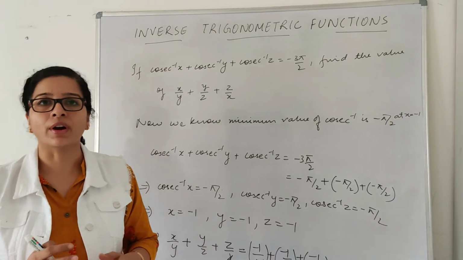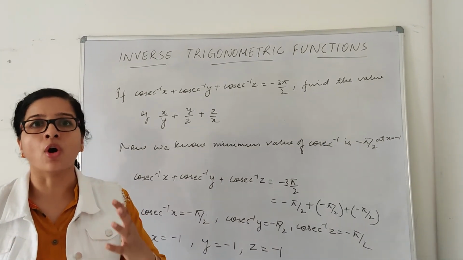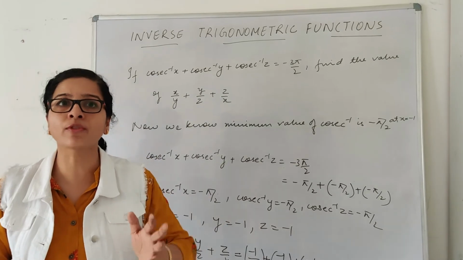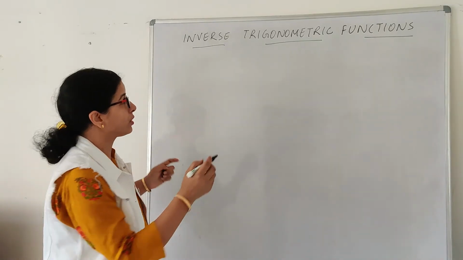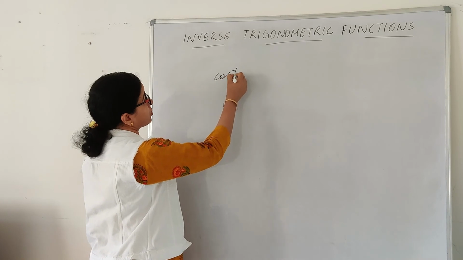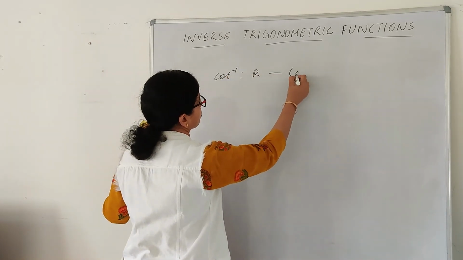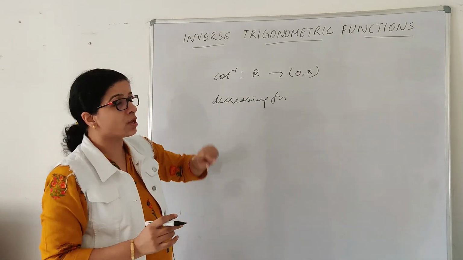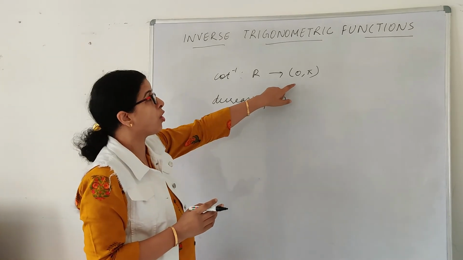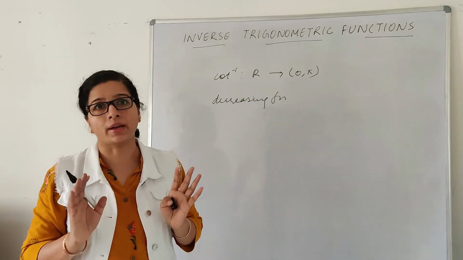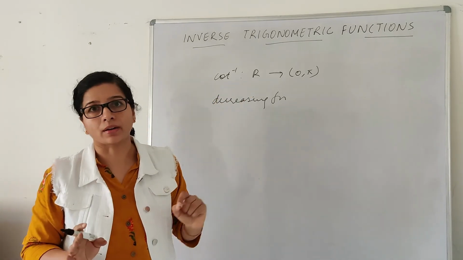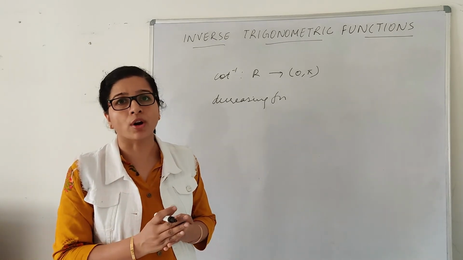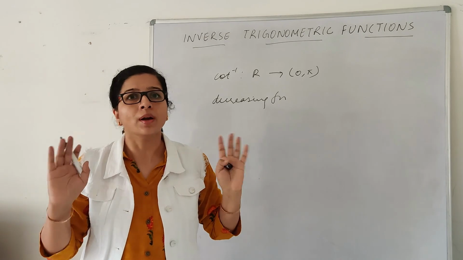If you know whether your function is a decreasing function, or if you know when you are getting the minimum or maximum value, these types of questions will become easier for you to do. So now let us check the cot inverse function. Cot inverse function is R to 0 to pi. Now this is a decreasing function, and cot inverse does not attain the maximum or minimum value, 0 and pi, for any value of R. Is that clear? So there are two inverse trigonometric functions, one is tan inverse and the other is cot inverse x, which do not attain maximum or minimum value.